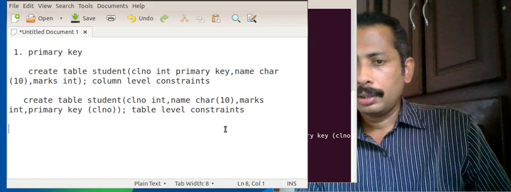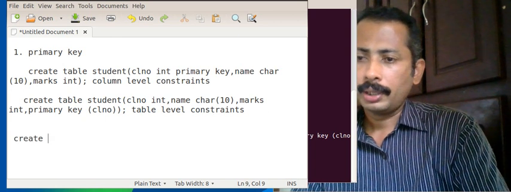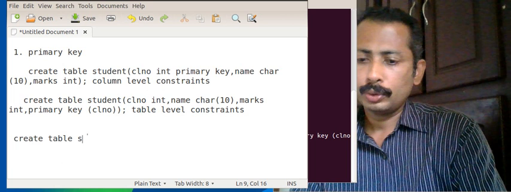Now I will try one more syntax, that is create table student.